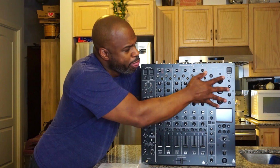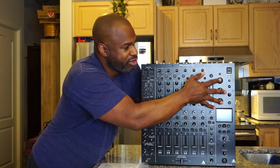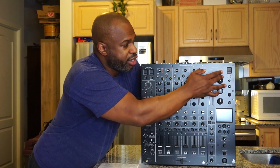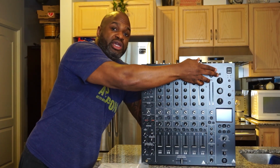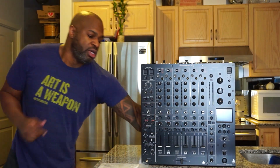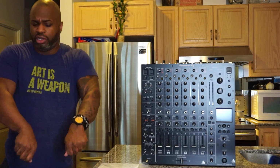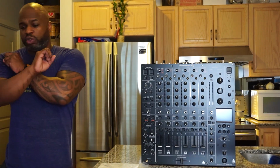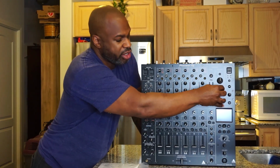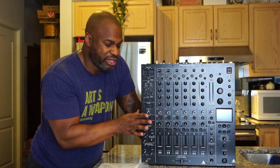Let's jump up here, and I was really happy to see this. These are isolators on the overall main out, and you can choose whether or not to engage this. I think this is fantastic, because I used to have an RMX 1000, and I used to love playing with the 3 bigger knobs because it would touch the overall mix. And just to have this option here, in addition to the EQs you have here, in addition to the sends